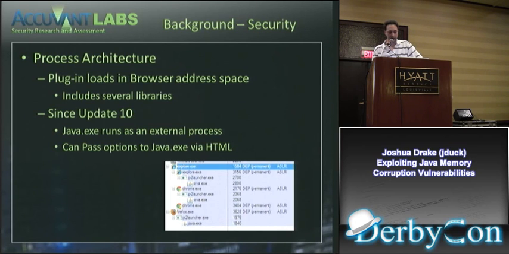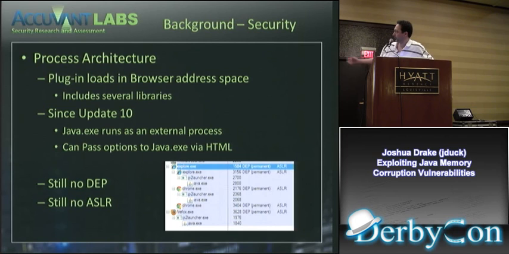When they did this, they made it so you couldn't use a regular browser heap spray, that everyone was using back then to prime the memory for native code exploitation in Java. The interesting thing from this picture is that JP2 launcher and java.exe do not have DEP or ASLR. And this is the latest update, so I know there was some confusion with a friend of mine. We thought they had opted in, but they totally do not opt in still.